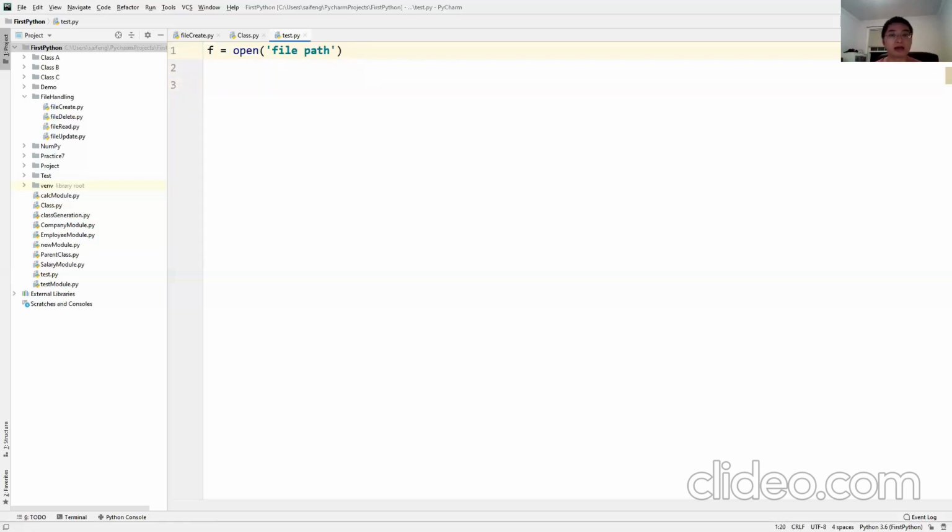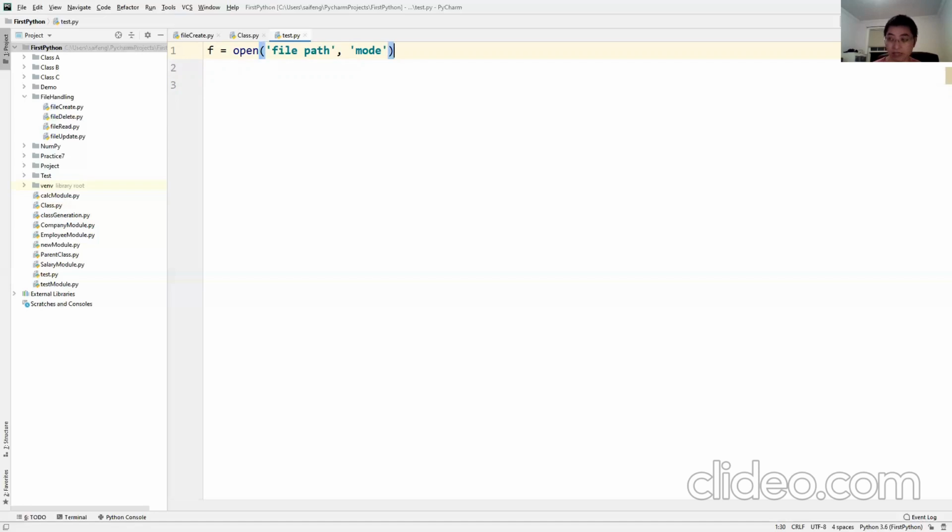It's a file path, not just the file name. And what's the second parameter? The R, W, or C. You can call that the action mode. It's basically how you're going to manipulate the file.